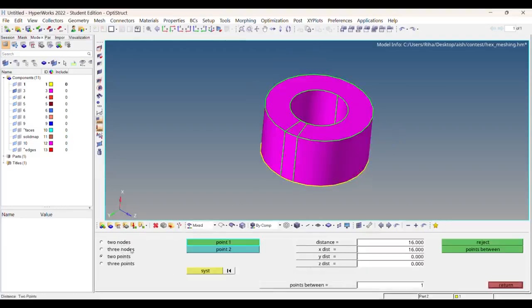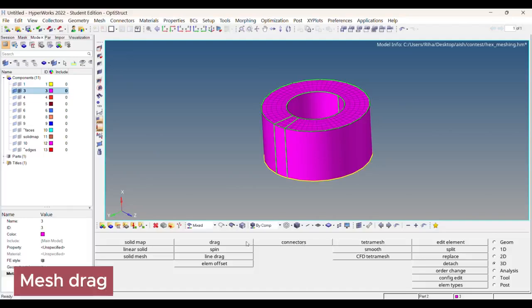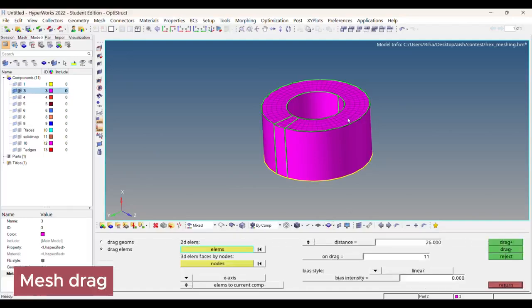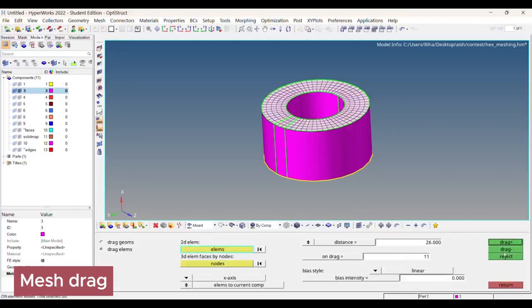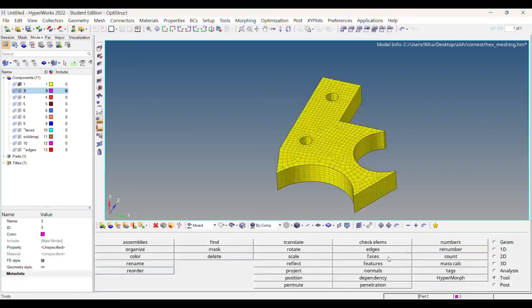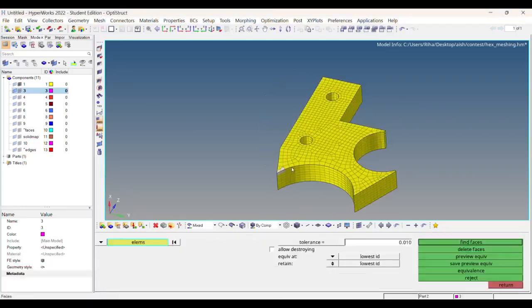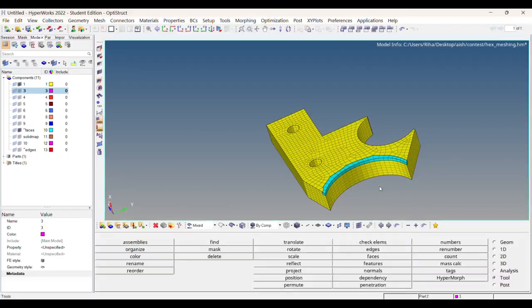Next step is, we have to do 2D mesh for each separate component. Unhide any component and perform 2D meshing. Every time check for any aspects if present and try to remove them. Now go to Tool tab, click on Faces and select the elements and click on Find Faces. This helps to maintain the connectivity between the elements of different components in contact.